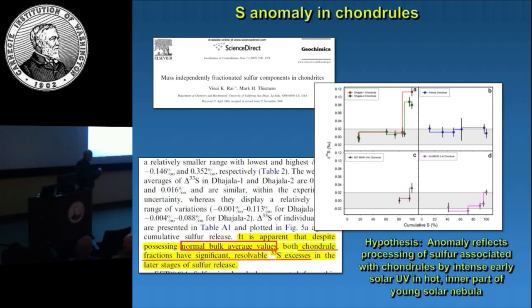And what they found was that they would extract out the sulfur, and they have smaller error bars. Their last extracts, this is much smaller, 10 times smaller than the Rees and Thode anomaly, but resolvable. They had a small anomaly that was here, and they argued that this was some sort of mass-independent reaction. Now, they had a model that was tied to the chondrites. So it's different than the Cooper model, different than a cold origin.